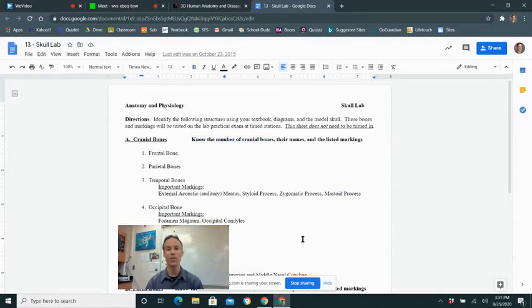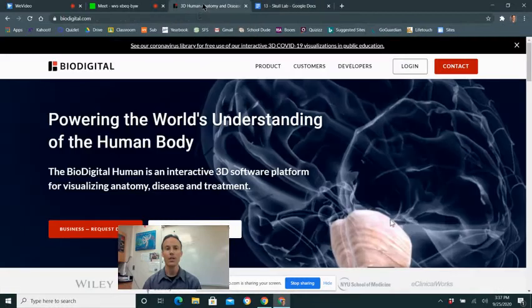So now that you know what you're looking at, how do you know which bone is which? The best way is to use your textbook, and you see the name of the bone and then you find it in the diagram. Once you have the diagram and you know what it's pointing to, you want to find that on your model. In person, that will be a 3-dimensional model replica of the bone. But at home, when you're studying and using this lab time, we're going to use a program at